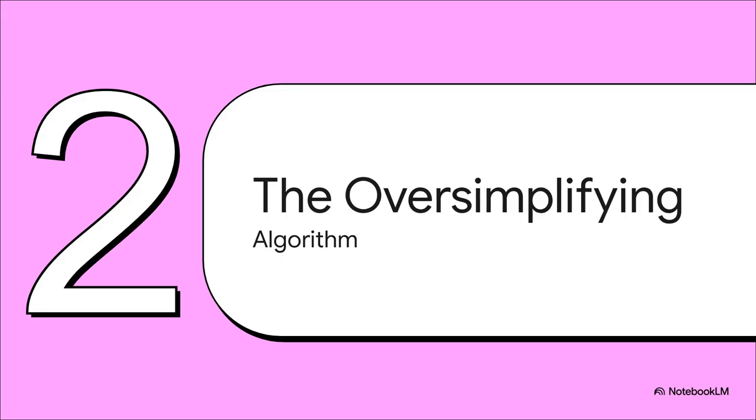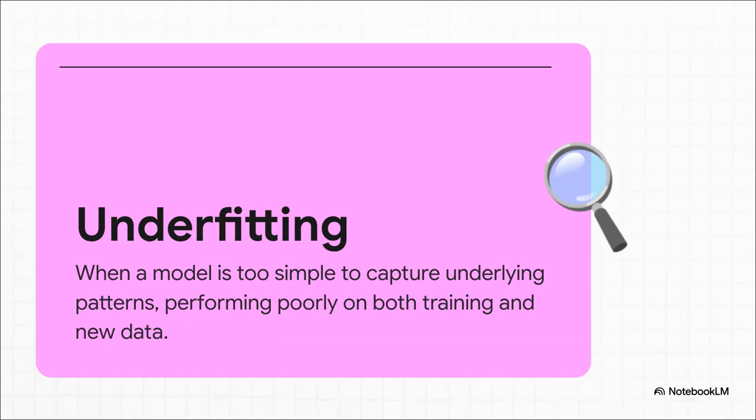Okay, so you're probably thinking, the solution's obvious. Just stop the tree from getting so complicated. And, you're right. But it's not that simple. Because if you pull back too hard, you run into the exact opposite problem. You can end up with an algorithm that's, well, just too simple. And this is what we call underfitting.